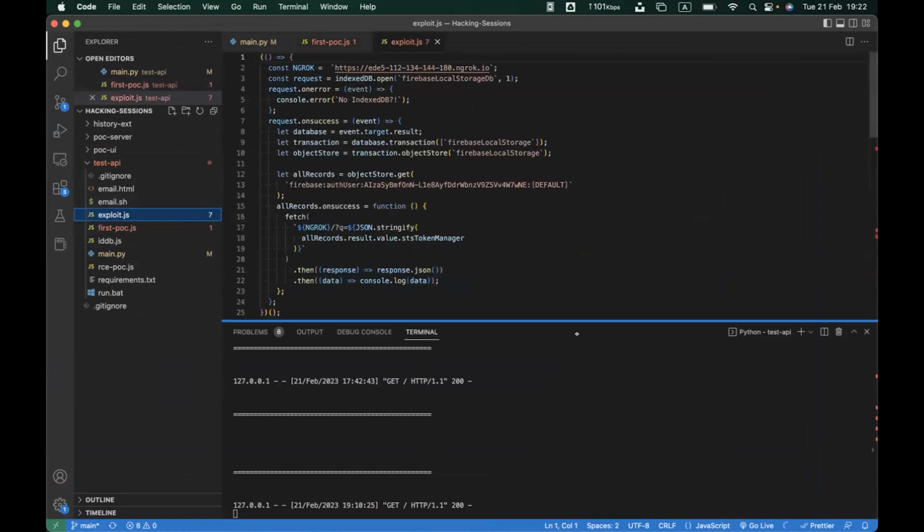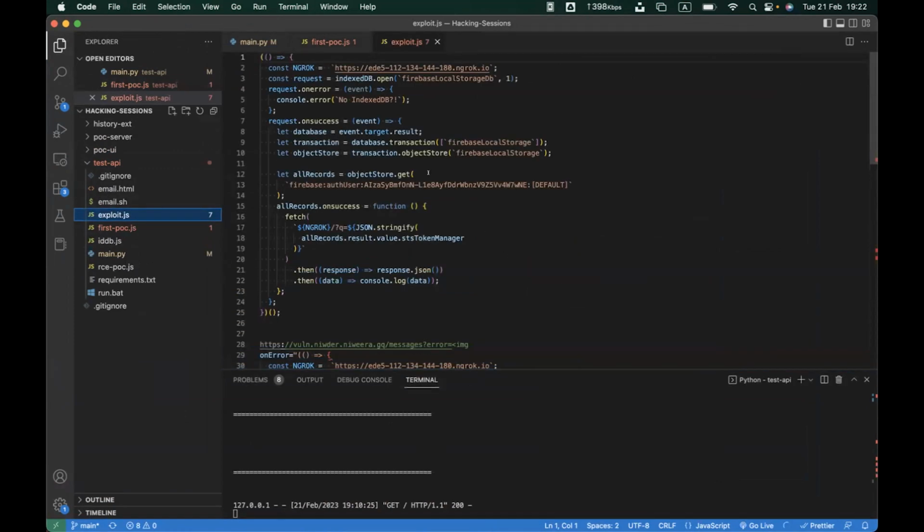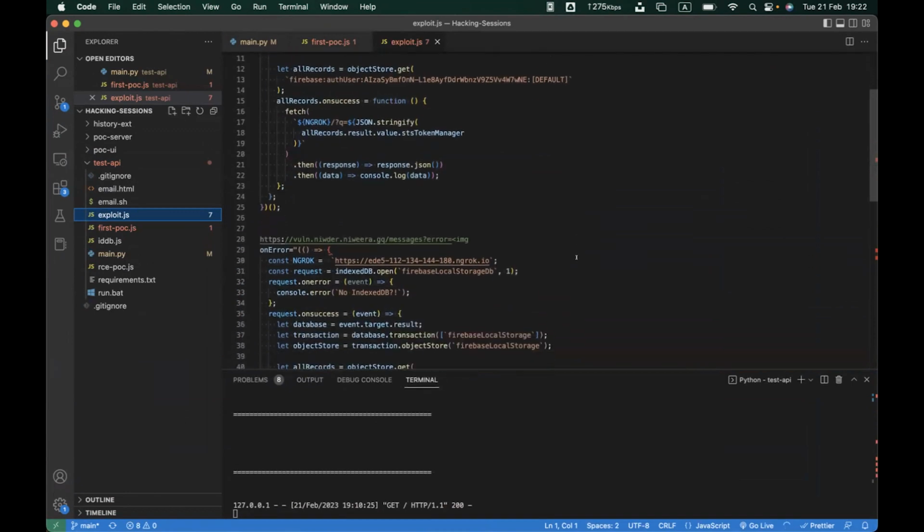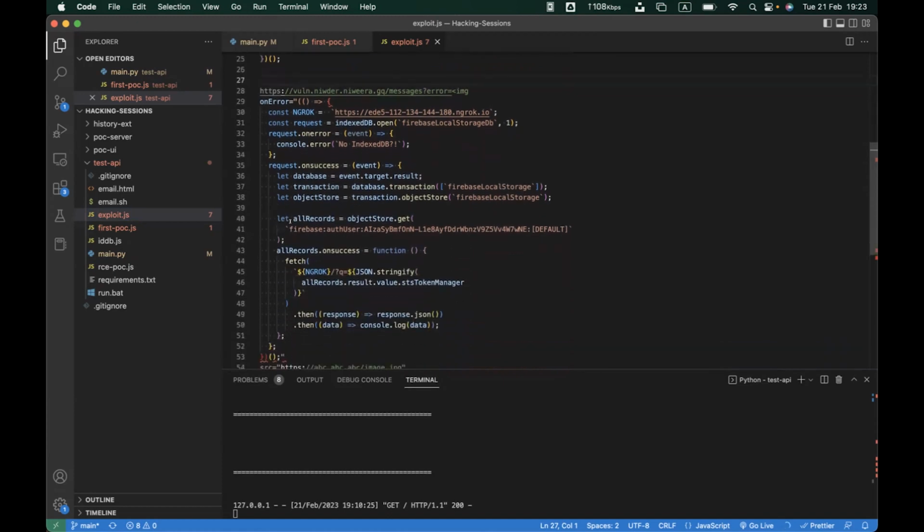Here I have written some kind of exploit. You don't actually have to worry about it, because this contains some code to steal Firebase access tokens from this platform.